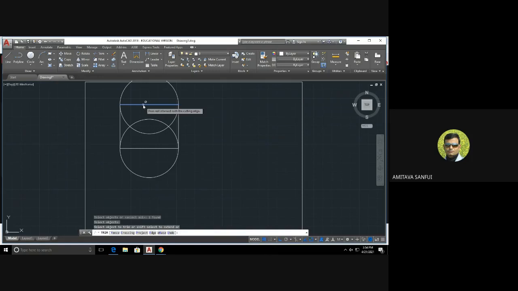Now I have to erase something. See, I have to select. See here, that portion will be erased. See, the cross sign has become visible. So if I select this portion, this portion will be omitted. Or if I select this portion, it will be omitted. See, this portion has been omitted. And to get out from the command, you have to press enter.